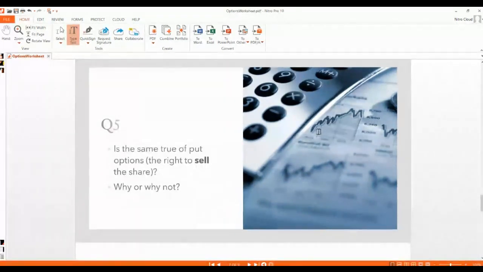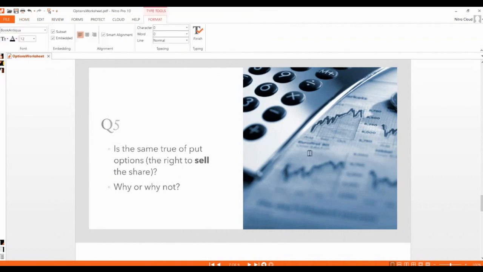Now, did anyone get to question 5? I'm guessing if not everyone made it to 3, then not everyone made it to 5 either. 5 is the same, in the sense that it's also the case that the put option is going to be more valuable in times of greater uncertainty. And the reason is, let's see,